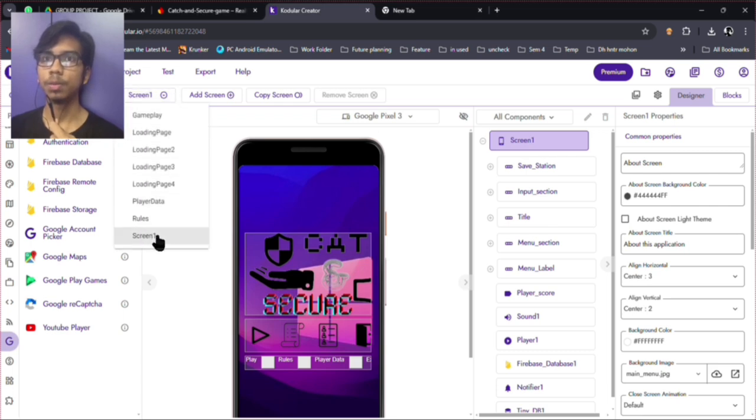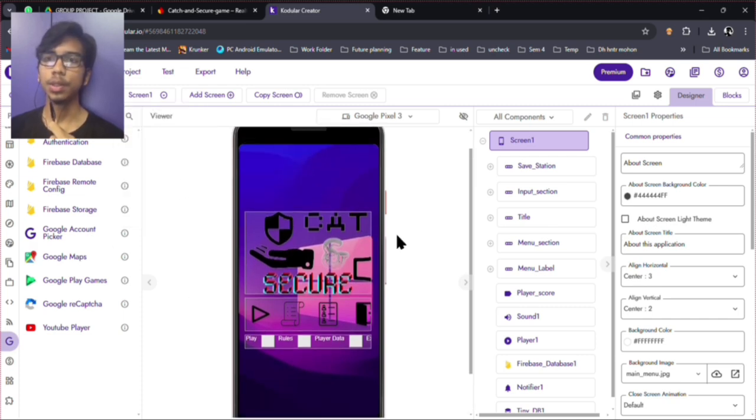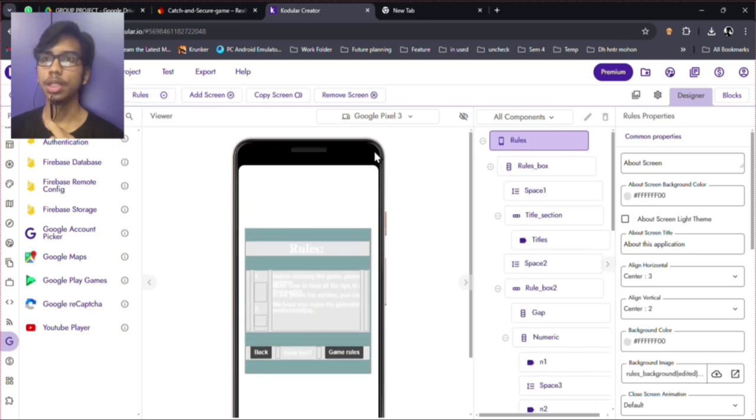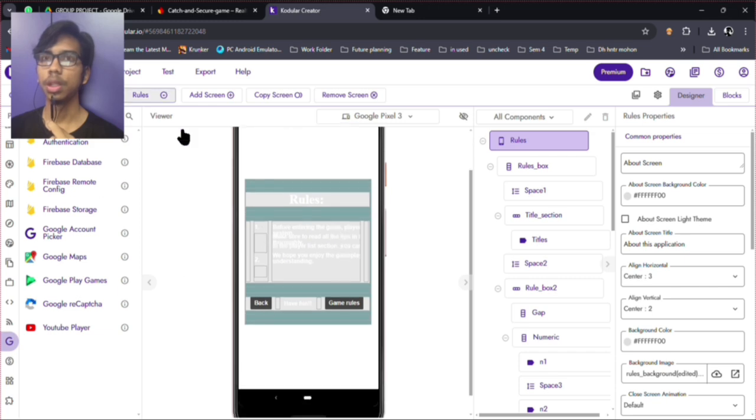There's around 8 pages, including 4 loading pages. So I will show you the design. So this will be the main page on the screen 1. So for the rules page, this will be the rules. So the user will see how to use this app. Also they can know how the gameplay goes